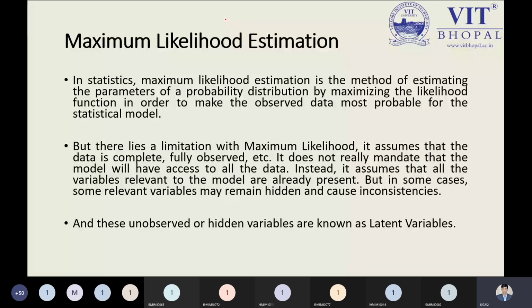And keep in mind this important point. If you're looking for the maximum likelihood, or some function that should have the maximum likelihood, then your data must be complete. If your data is incomplete, it means you are not solving your problem with the entire data. So how do you maximize the likelihood?